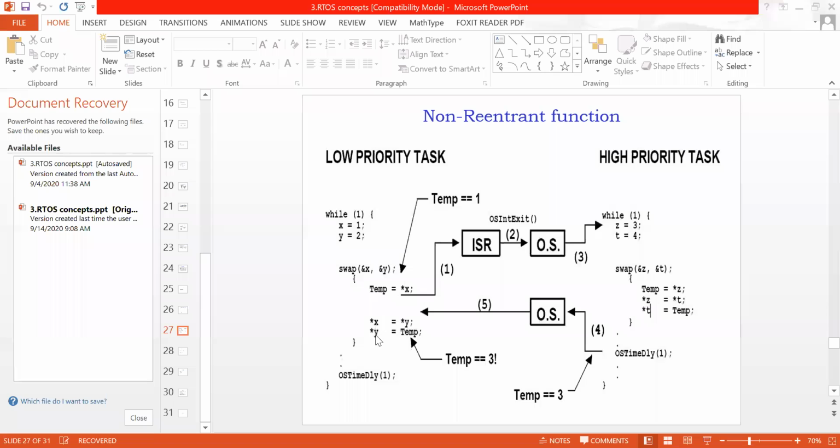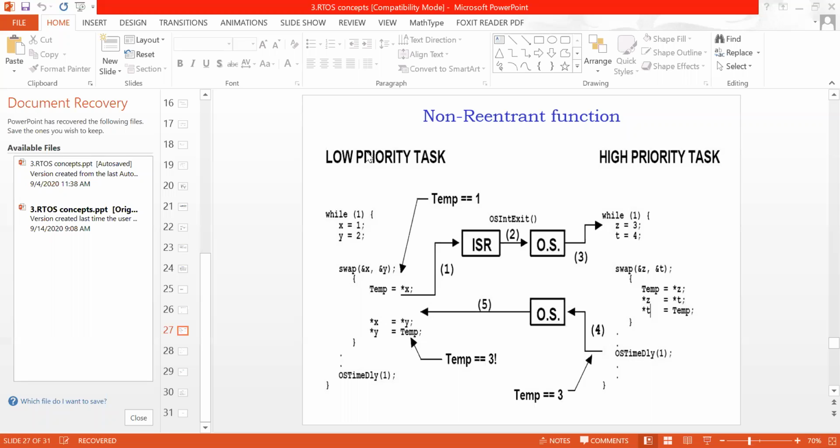And then the last statement is y equal to temp, that is, copy the value of temp into y. But at this instant, the value of temp is 3, because when we executed the high priority task, the value of temp got changed from 1 to 3. So rather than copying the value of x, which is 1, into y, it will copy the value of temp, which is 3.